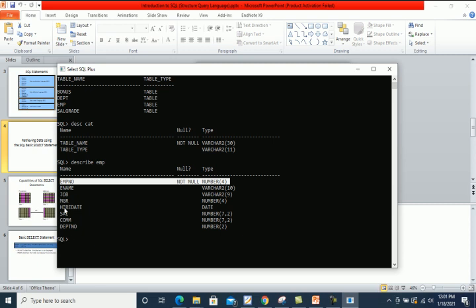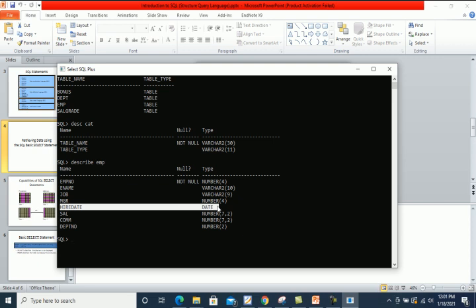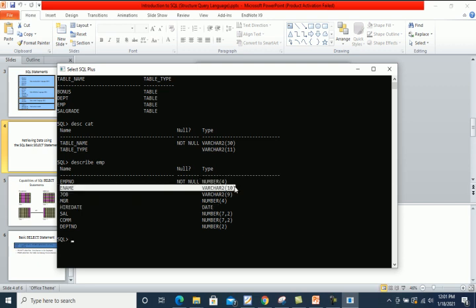E-name, job, MGR, hire date. Look here, hire date data type is date, because in this we will store the date. Job and e-name have the data type of varchar2, the length is 10. In varchar2 we can store both alphabets as well as characters.